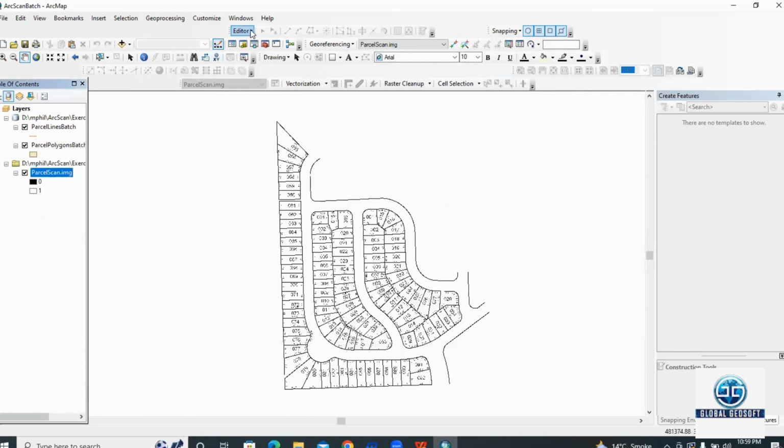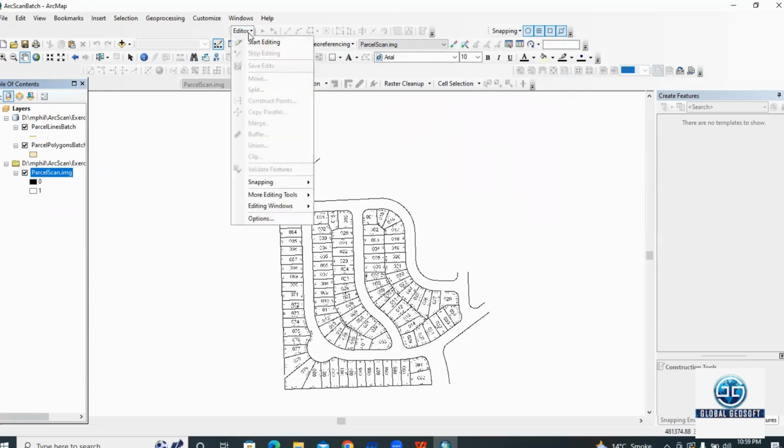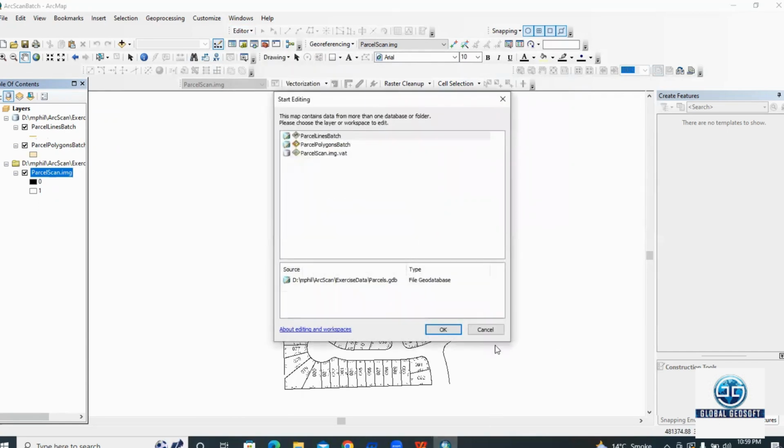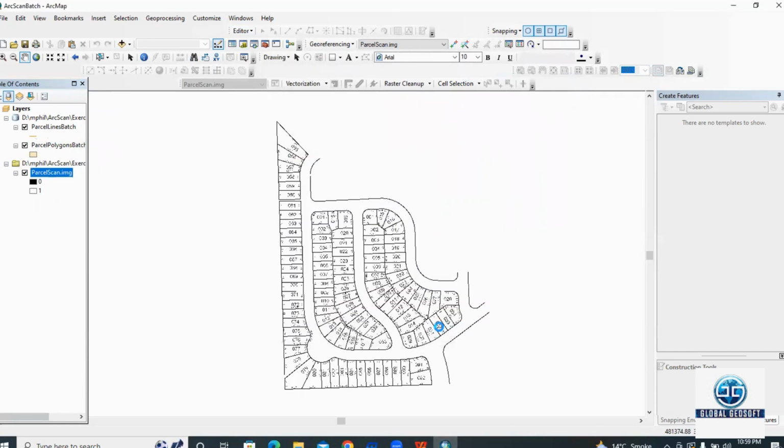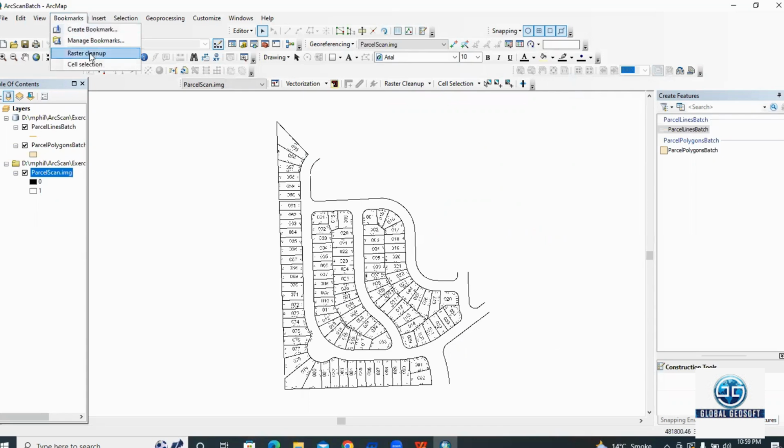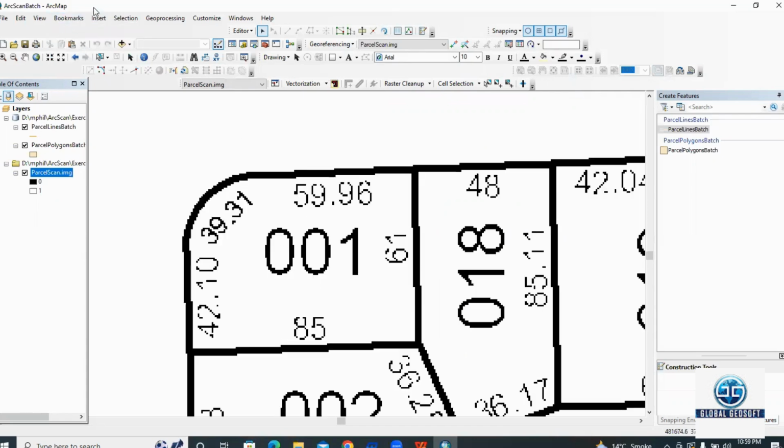The next step is I have to drag down this editor tab and start editing. OK. So the next step is I have to click on this bookmark option and then click on this raster cleanup option. By clicking on this raster cleanup option, the area